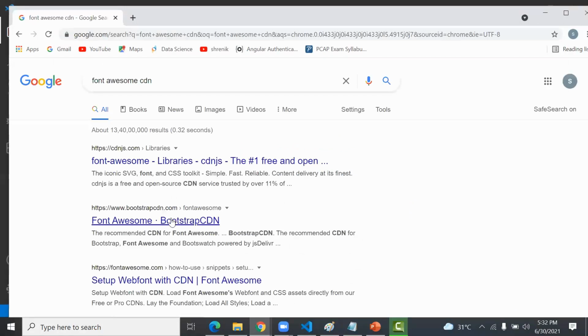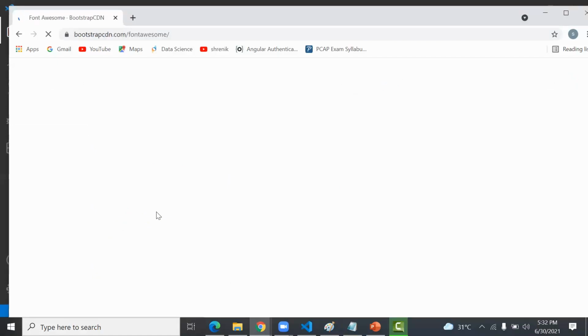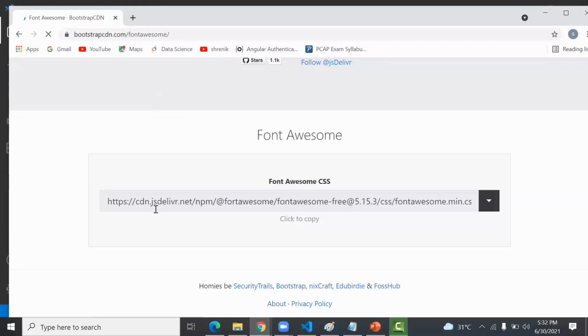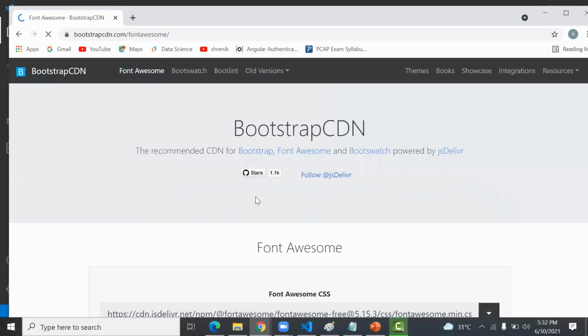This is the Bootstrap Font Awesome library. If you want the Google Font Awesome library, then you can copy the path and paste it in your project. So this is the library, CDN dot something is the library. There are many icons available.